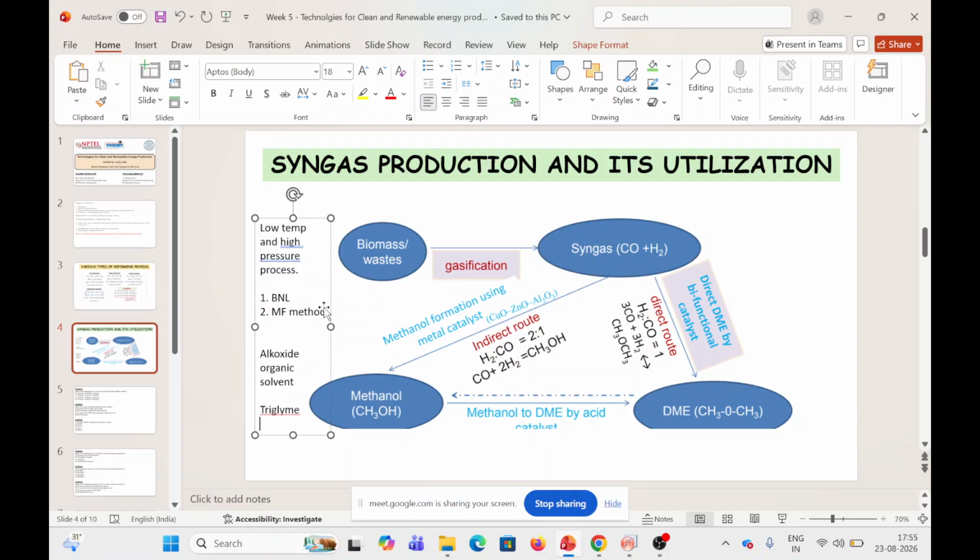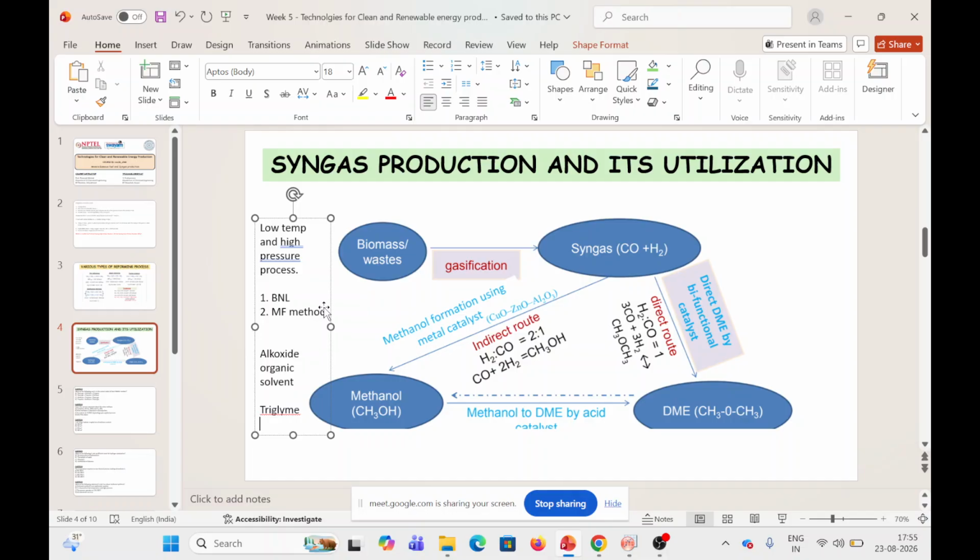So the major aim is to basically produce energy, but that energy should be environmentally friendly. It should not cause harm to the environment. Moreover, it should be environmentally sustainable. So that is something that is going to be of prime importance. We need energy, but that should not come at a cost of something.